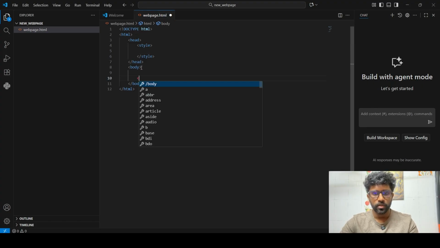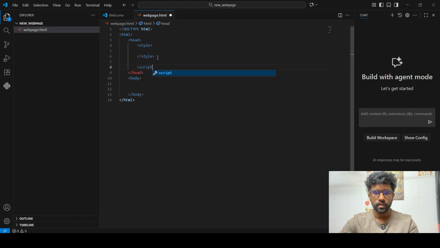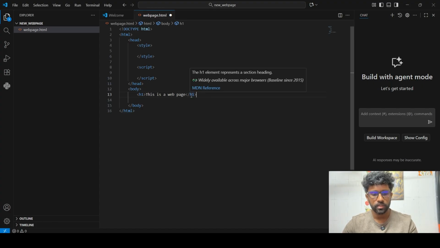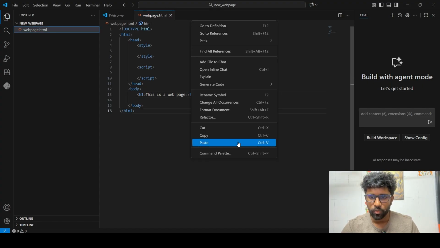And within the body, I can also load it in head. And within the script tag, I'll be writing my scripts. In the body, let me just add a component, an HTML element. This is a web page. It's a header element.